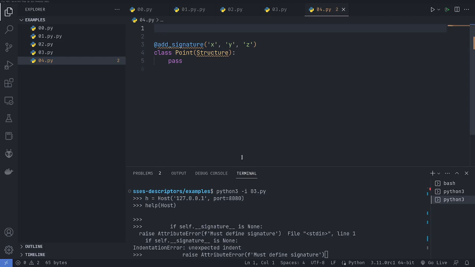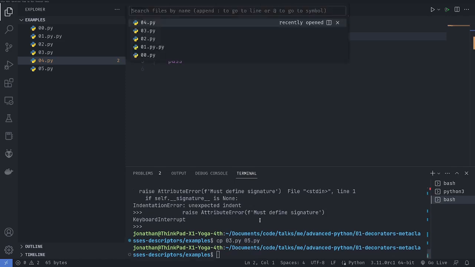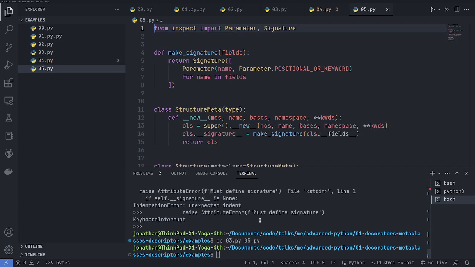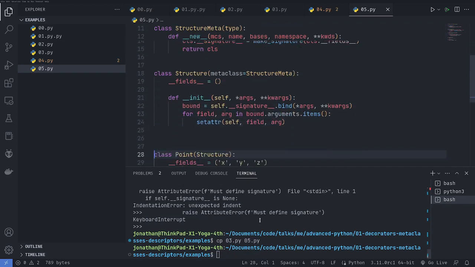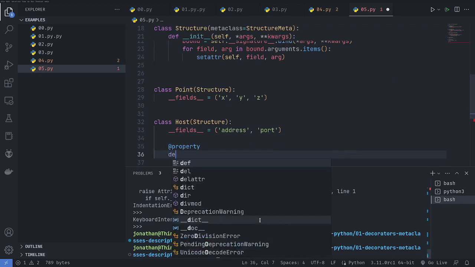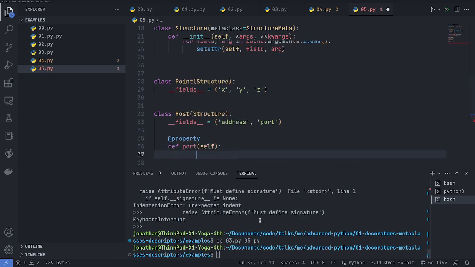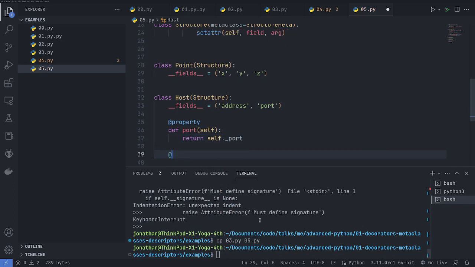So what we're going to do now is, let's copy 3 to 5. So inside, say, the host, and we'll just apply this to a host for the moment because it's going to get a little bit tedious. So we're going to have a property which is port. Port is going to be the simplest one to implement this for. And okay, if you're getting the port, we'll return a variable underscore port. Sorry, is that in the right class? Yes, under the host class. Oh, sorry. And then we're going to create a setter for port